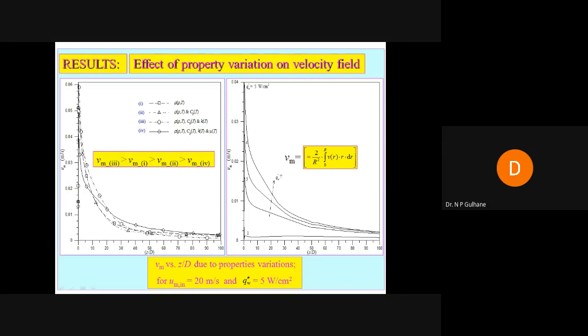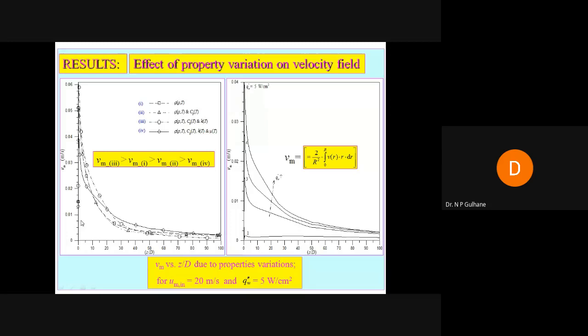You can see at the inlet it is 0. This Z by D is 0. This is the non-dimensional length of the microchannel. So this is the inlet, this is the mid part, and this is the end of the channel. Z by D is a non-dimensional number. Z by D 0 means inlet, Z by D 50 means in between, Z by D 100 means end of the channel. Similarly, this is the mean radial velocity. This is a small 0.01 and this is the maximum.